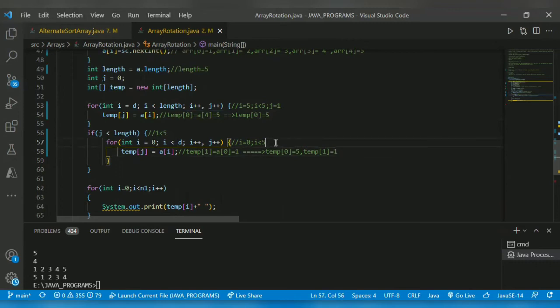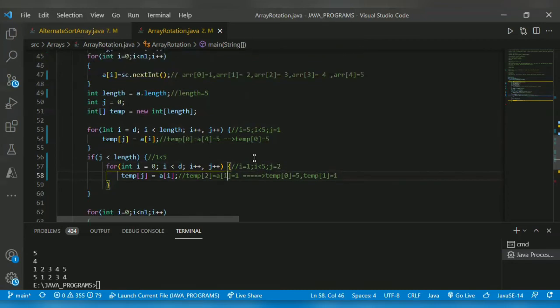J equal to 2. Then i will get incremented to 1. Now temp of 2 equal to a of 1, which is a of 1 is 2, right? So 2 will get assigned.